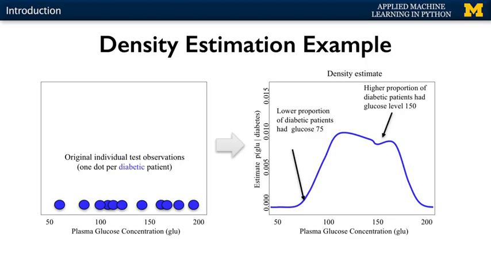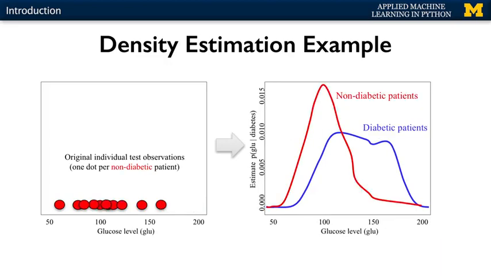For example, in a medical application related to diagnosing diabetes, density estimation with one variable might be used to estimate the distribution of a specific test score, the plasma glucose concentration number from a blood test, for people who have a particular form of diabetes. With this density estimate, we can estimate the probability that anyone with that medical condition has a particular glucose score, even if that specific score wasn't seen in the original dataset. We could then compare this to the range of glucose levels for people who do not have that condition, which is shown by the red line here.